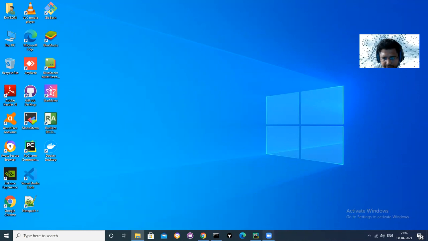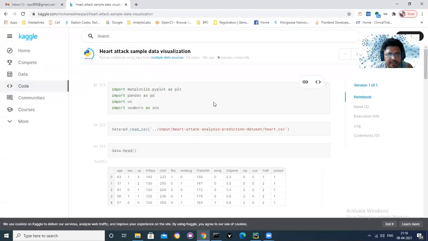Before I do it myself, you can go and see. Kaggle is a very good place for you to learn. You can see various people working on the same data in various ways and finding various insights. In the beginning, what happens is that you don't get the way to actually get insights from data, right? So you are limited with the number of tools that you have in your hand.